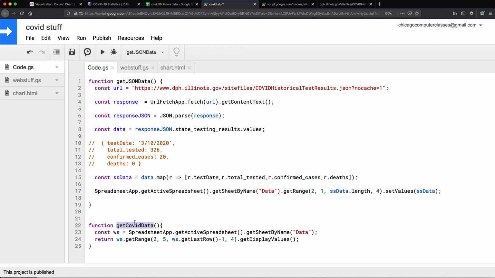So this function should let us get the data. Now, we don't want this function to be called by our web app. So I'm going to make it a private function like this. So at this point, I need to call this function on my HTML side and grab this data and populate the chart with